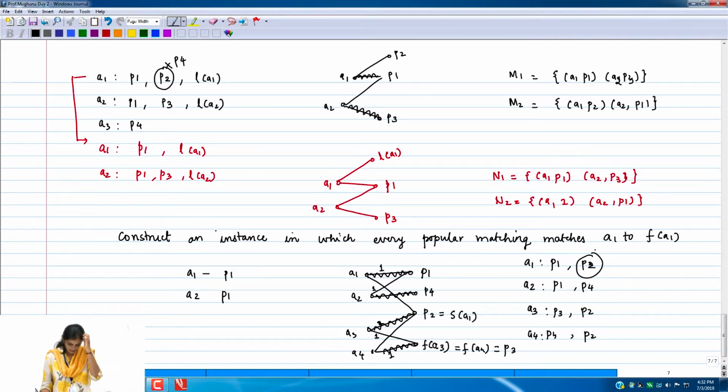So our question in general is that if I select an agent or applicant, I would like to know, can it get something which is better than what it currently gets in the popular matchings of this true instance? Is it possible? It may or may not be possible. So we would like to answer this question, is it possible for that agent to cheat? Is the question clear? We will make this formal, what it means to be better in that instance and so on.